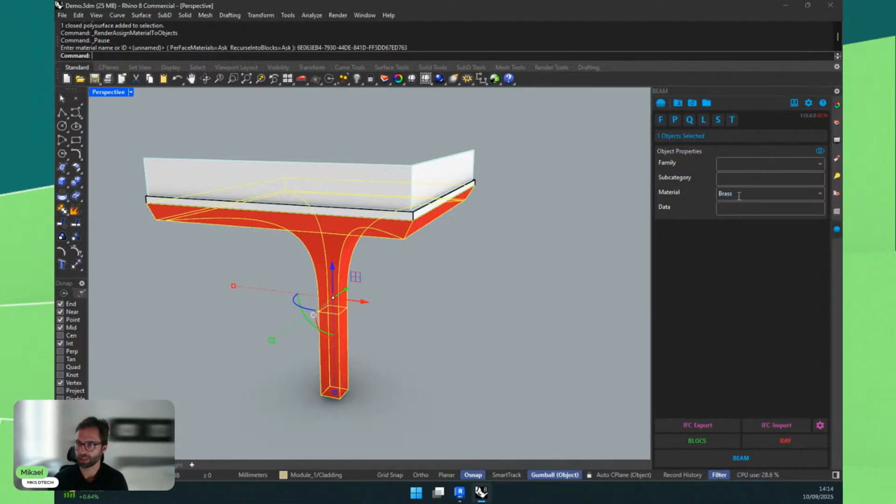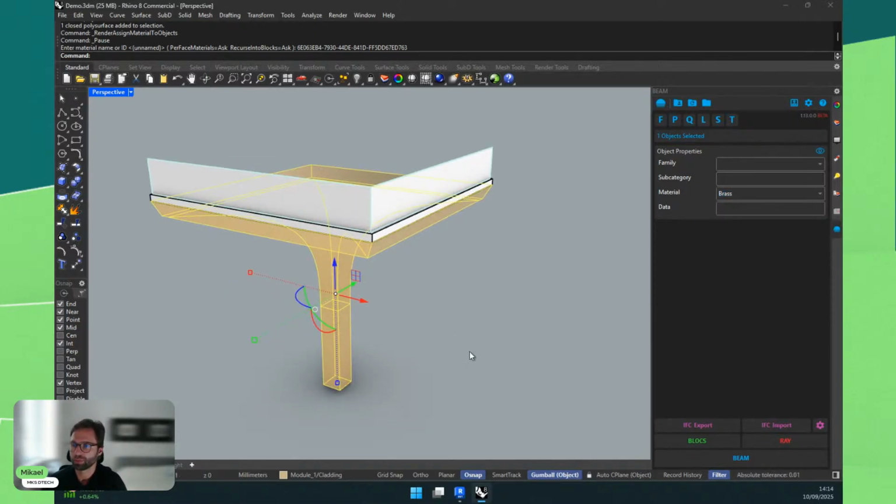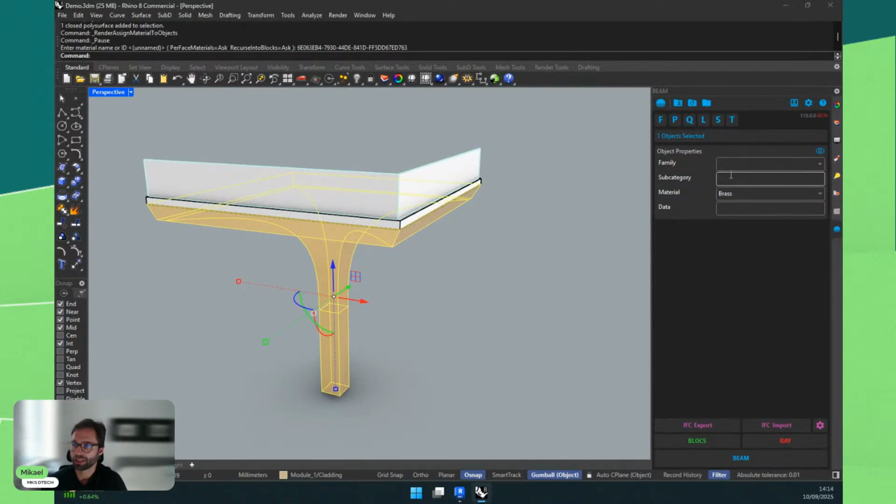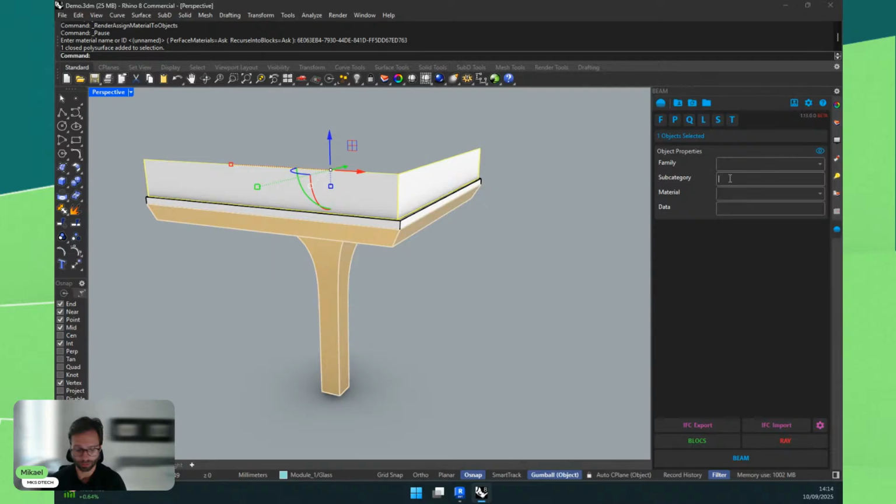Okay, let's put it back to brass. Also, I want to change the subcategory of this object. So I will say that this is my cladding subcategory. Then I will assign it also to this object. This will be my glazing